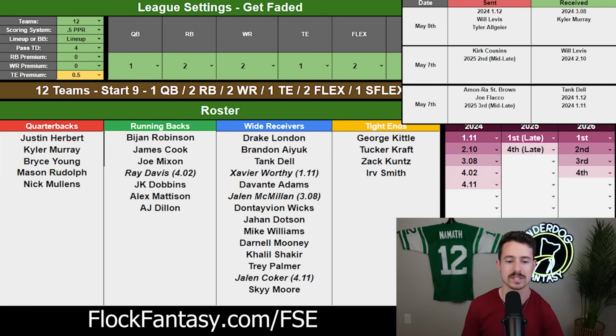I know I put out this Amon-Ra trade because it was the first one I made. Not a lot of people really liked it. I sold off Amon-Ra St. Brown in a semi-shallow league format with Joe Flacco in a third. Who cares? And I got Tank Dell, the 1.11 and the 1.12. I had no Tank Dell across my portfolio, so I loved getting a share of him. And the 1.11 and the 1.12, respectively, were Ladd McConkey and Xavier Worthy. I didn't end up using that 1.12, but I still feel pretty good about the value that I got back